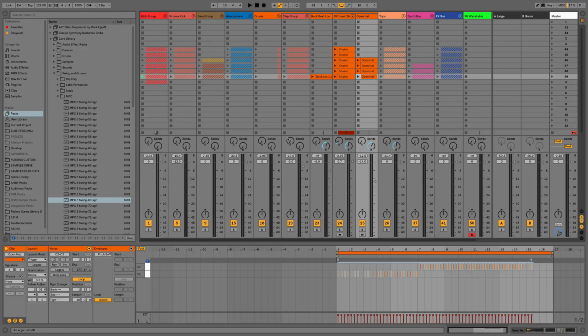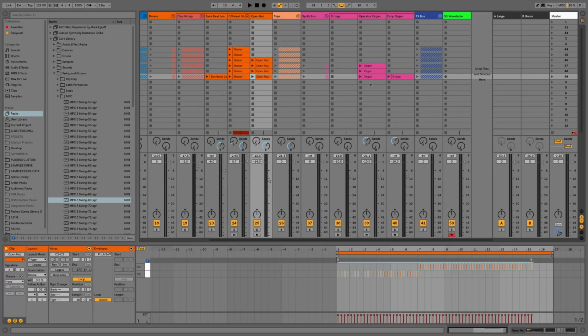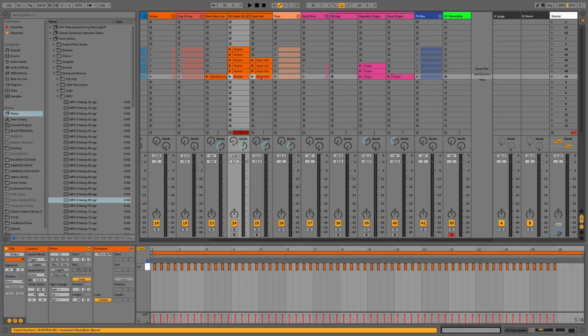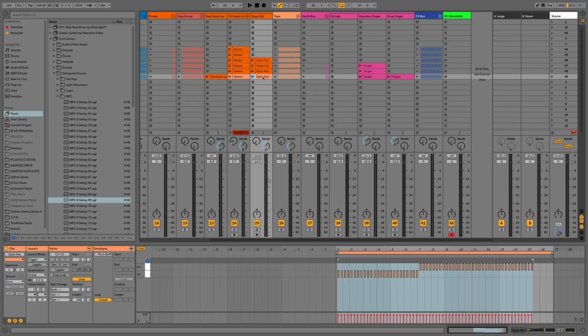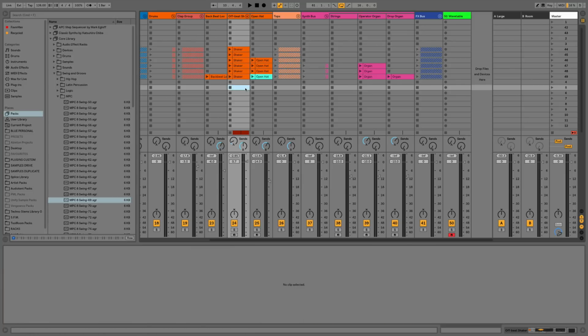As well as that, with MIDI editing, we can also select multiple clips. So try and find an example where we've got quite a few sounds together. We'll go for the synth buses. No, we'll go for these two. Okay, here we go. So if I recolor this clip, we can edit both of these at the same time on top of each other, which is quite handy.